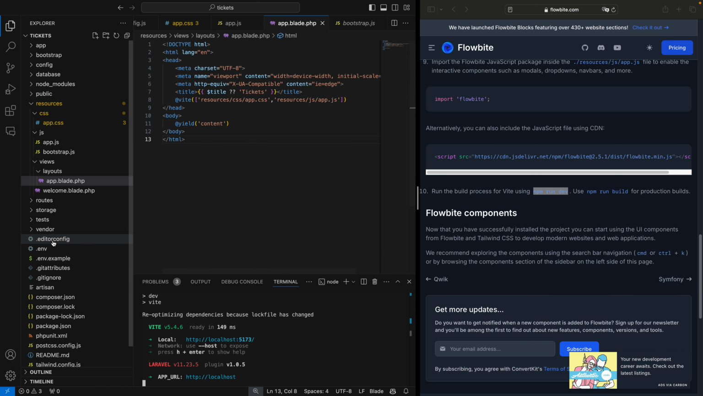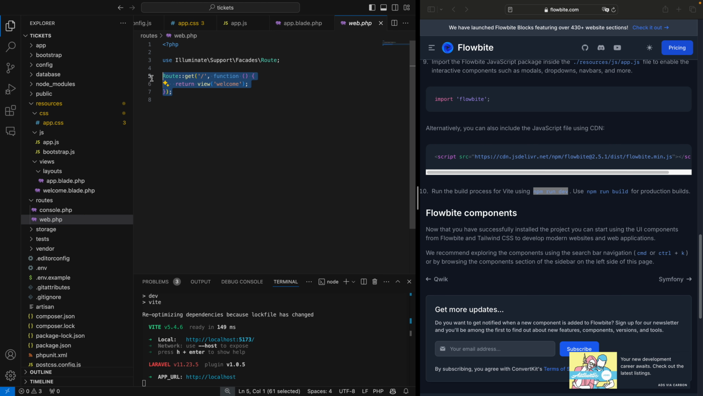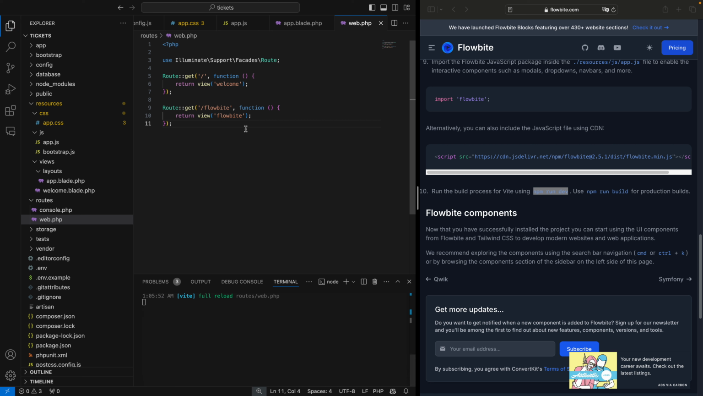So let's go to the routes folder, and we're gonna add a new route just to see if Flowbite is working. We're gonna copy, come here, do paste. In here we're gonna call the route flowbite, and we're gonna return the flowbite view. Now let's create that view, which is gonna be in the views folder. Create a new file called